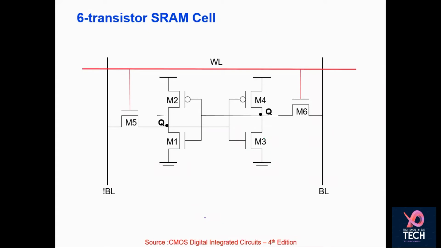So this is your 6 transistor SRAM cell. Here you can see this is the bit line, this is the bit line bar, and these are your access transistors M5 and M6. The nomenclature is different from the one we have discussed, but that does not matter a lot. M1 and M2 are transistors related to CMOS inverter 1, and M3 and M4 are related to CMOS inverter 2. Q bar is being charged toward node 1, and Q is being charged toward node 2.